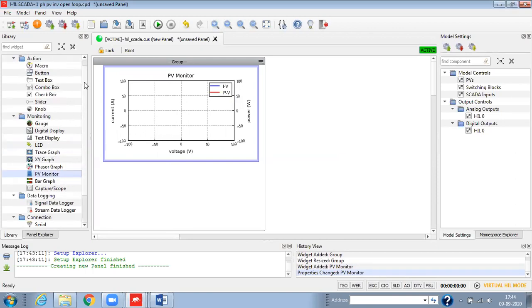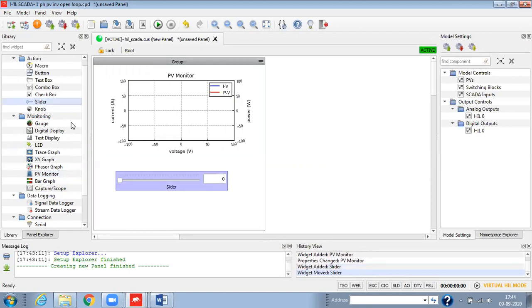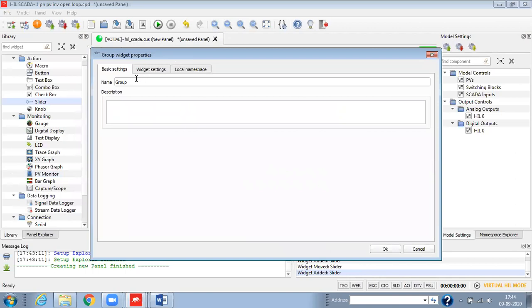Now to control the illumination and temperature, we'll drag two sliders. So first we'll change the group name here. So this group name is for PV panel.